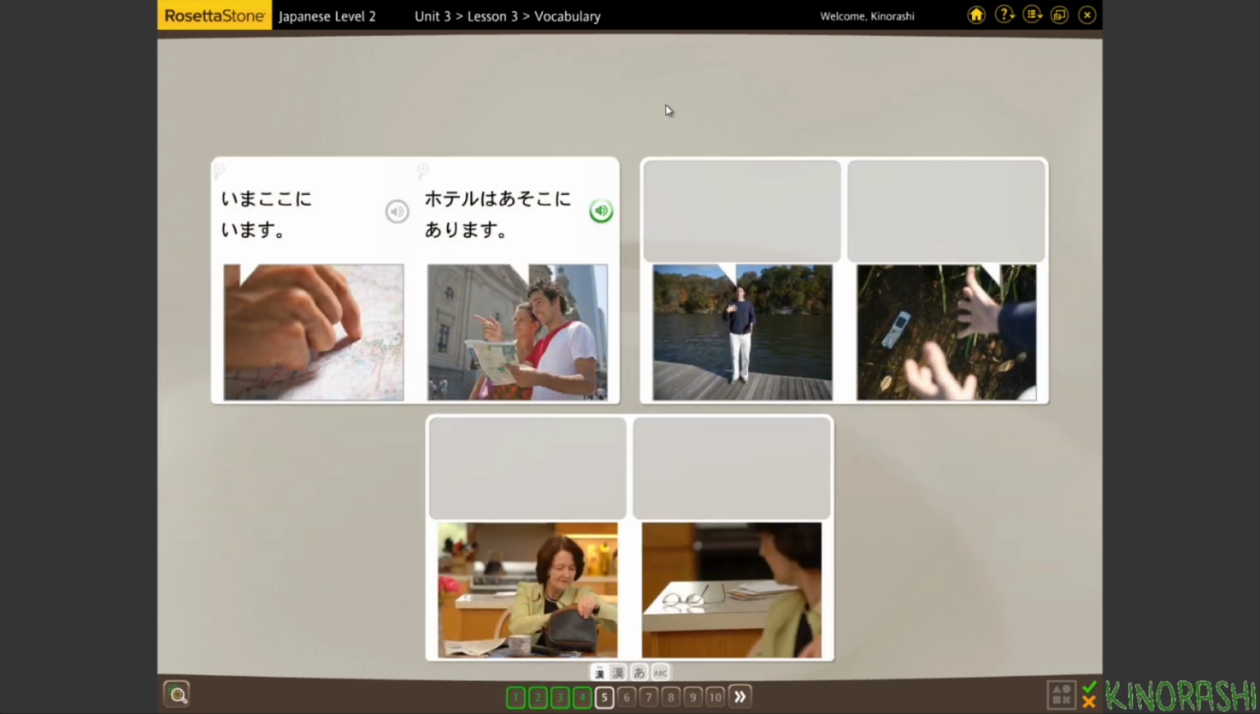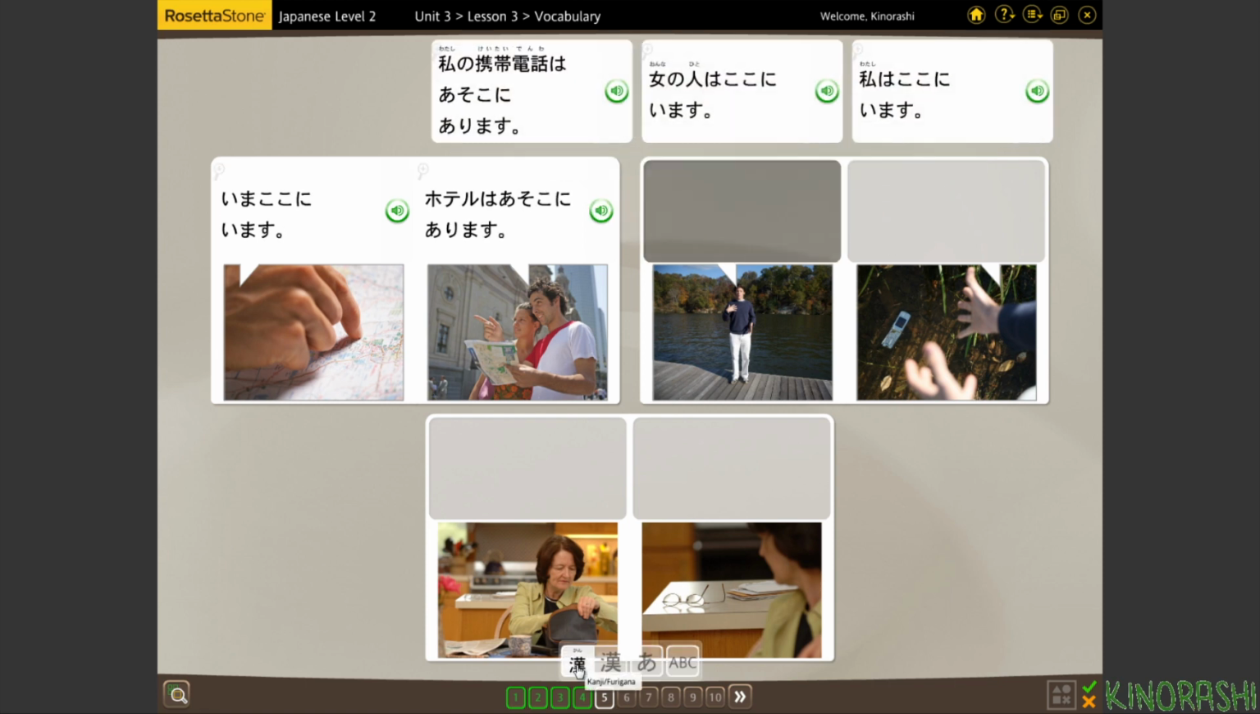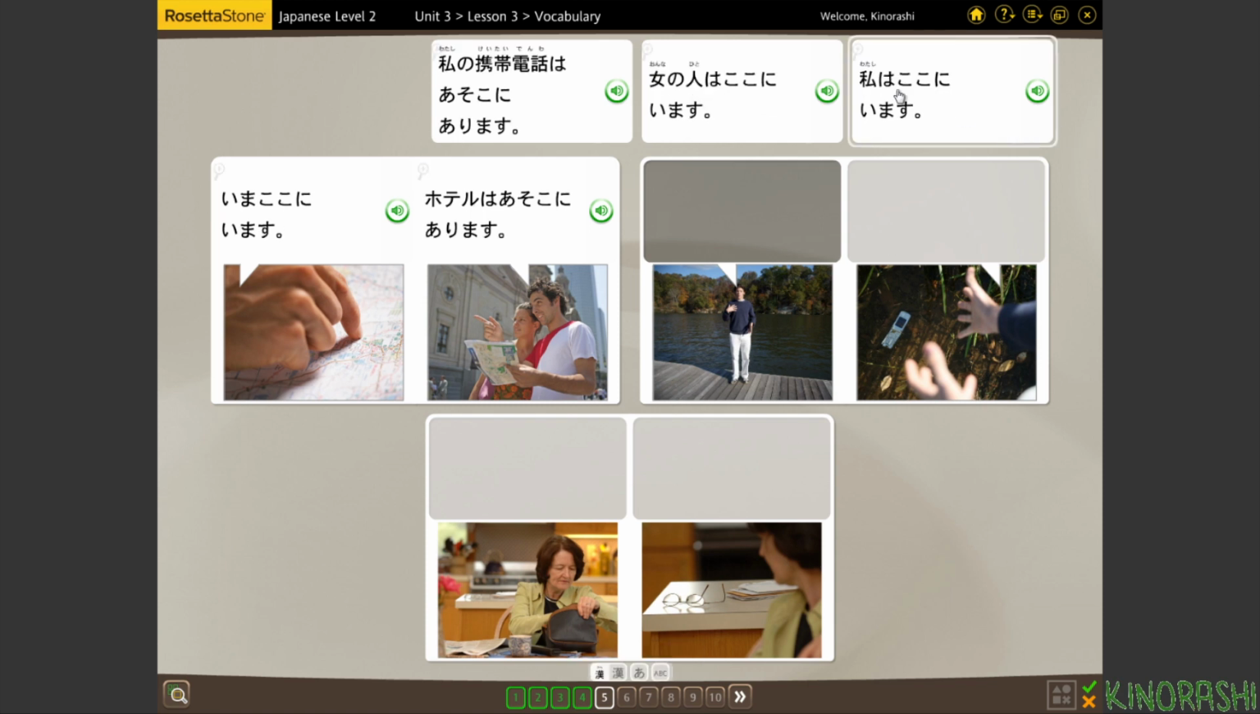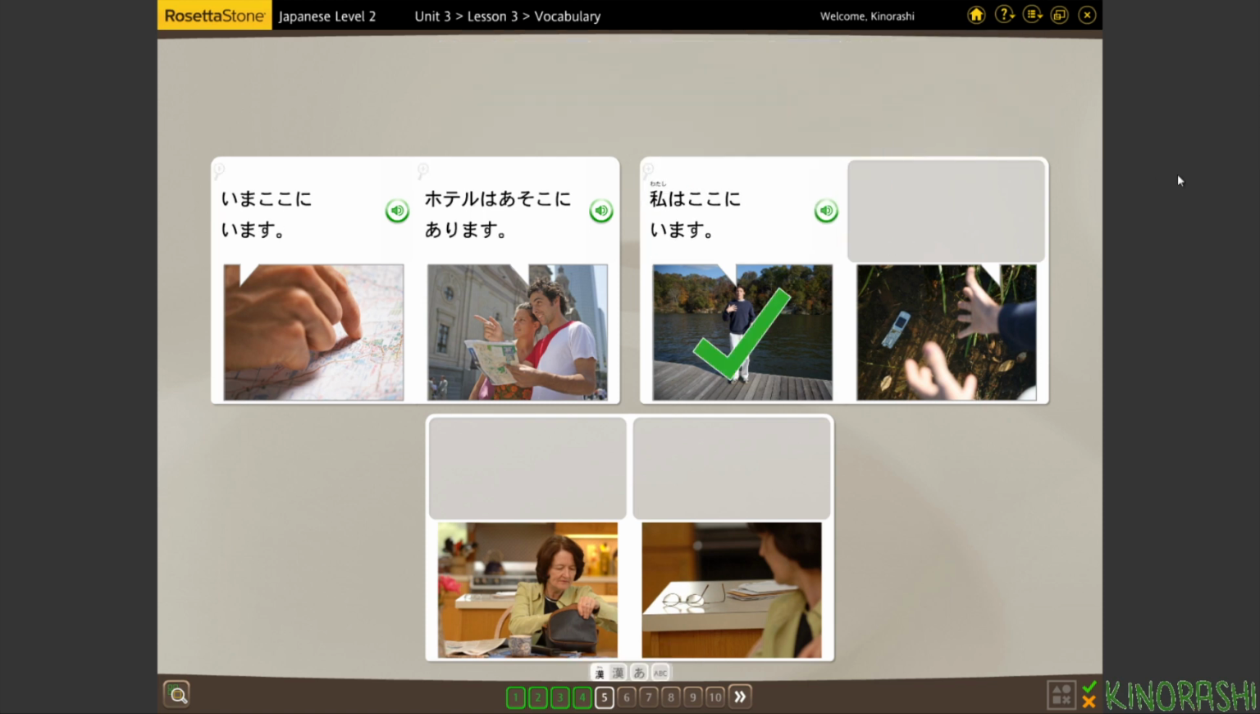今ここにいます。ホテルはあそこにあります。 今ここにいます。ホテルはあそこにあります。私の携帯、女の人。私はここにいます。私。 私はここにいます。